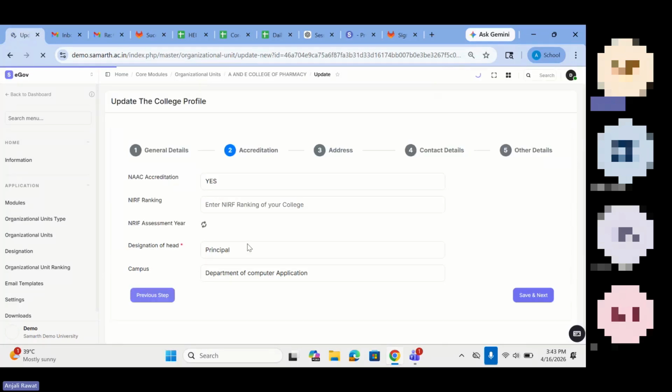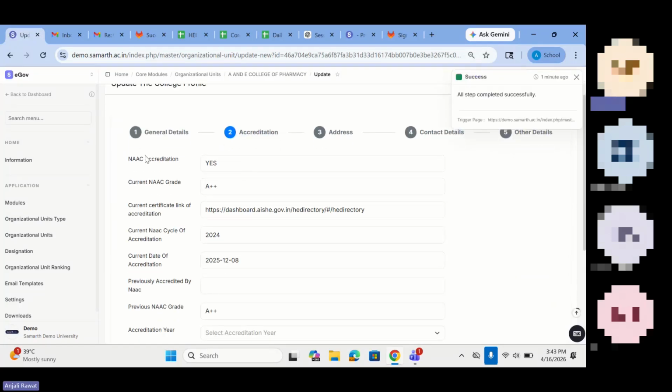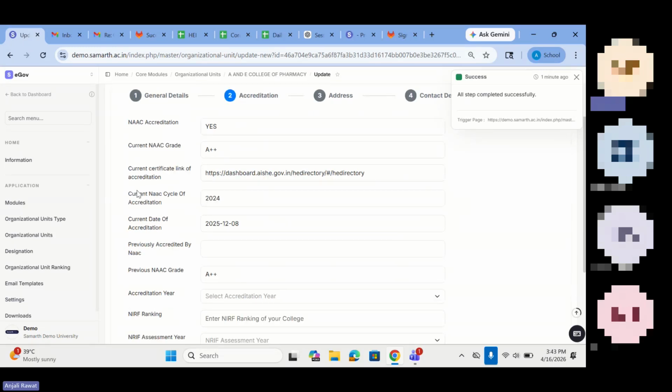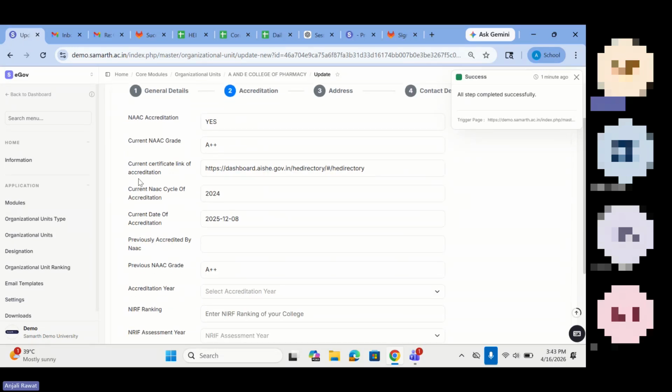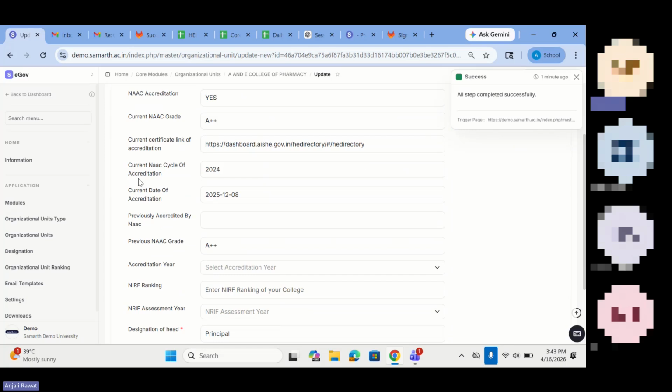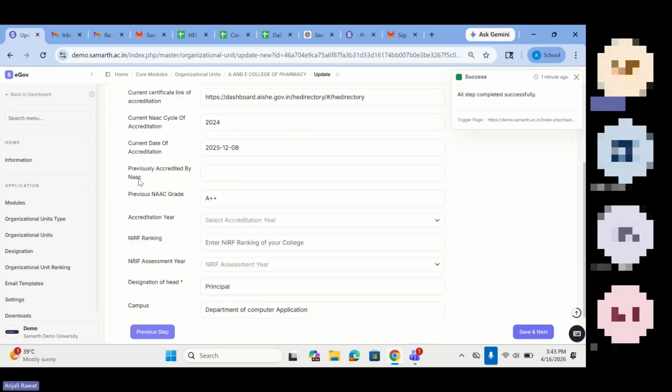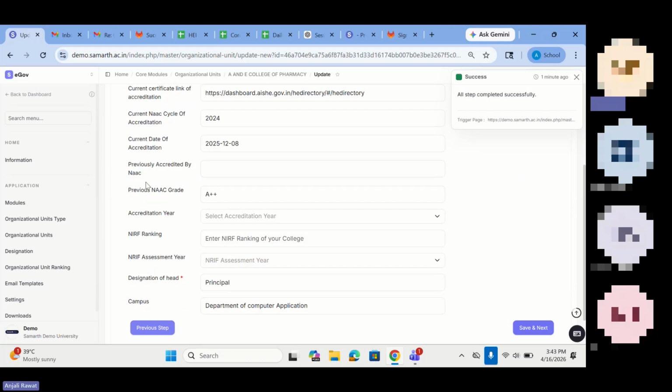Then under accreditation, you have to mention the NAAC accreditation. If you are adding colleges, these details are mandatory. Current NAAC grade, current certificate link of accreditation, current NAAC cycle of accreditation, current date of accreditation, previously accredited by NAAC, previous NAAC grade, accreditation year, NIRF ranking, NIRF assessment year, designation of head.